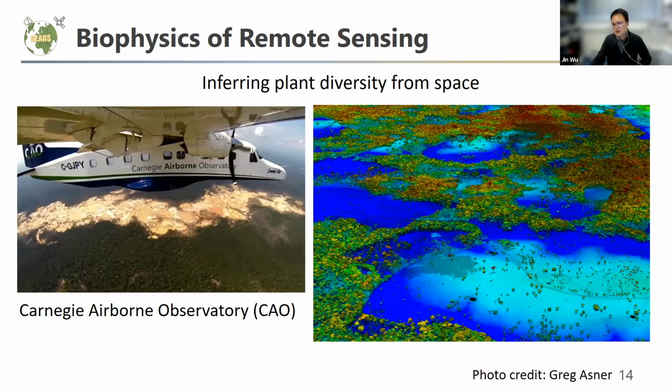So to test this idea, Greg Asner and also Stanford University developed the Carnegie Airborne Observatory technique. In this technique, they install a specialized hyperspectral remote sensing sensor. When they flew through the entire Amazonian forest, they found they indeed can tell different species apart and map the plant chemical composition. So that proves this concept can potentially be applied to the real world.